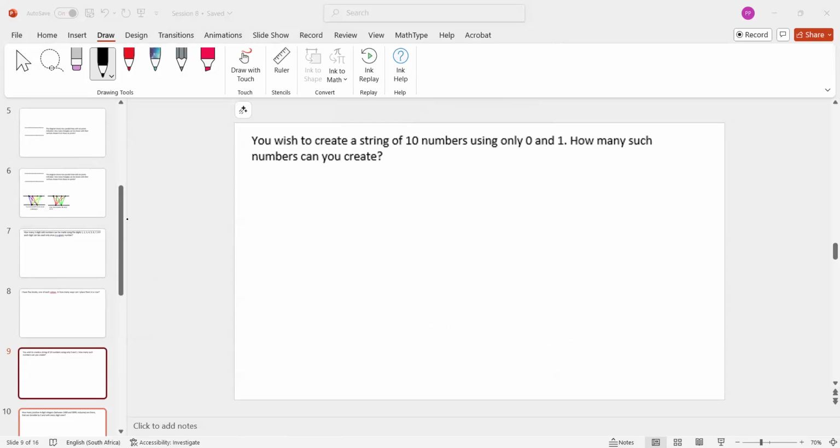In how many such ways can you create numbers? All right, now you got 10 numbers, so you have to choose to put 0 or 1 in each of those boxes. So if you think of these as boxes the way I do,